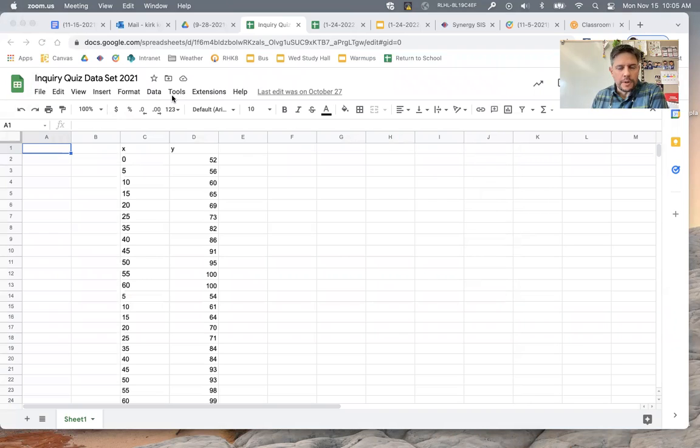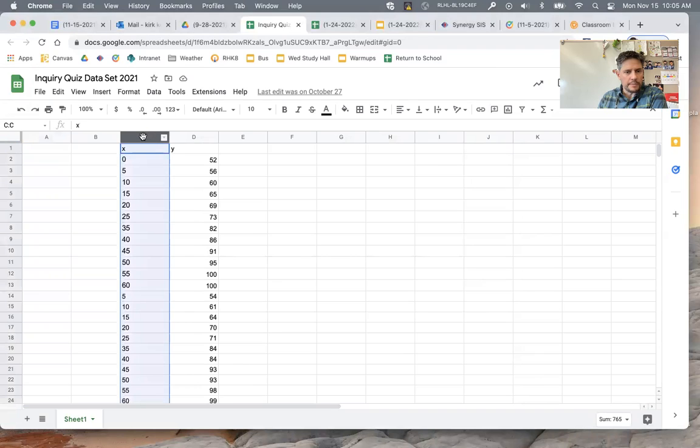All right, everybody. So I'm going to show you how to make a graph using the data that you've collected and put into your spreadsheet. What I have here is just a sample set of data. And this data will be what you have entered into the spreadsheet after you've collected it all from the lab that you did. And so what you need to do is click on this column at the very top, C,